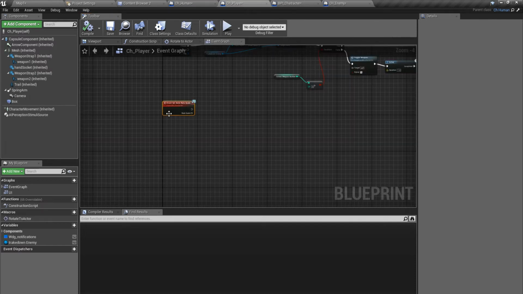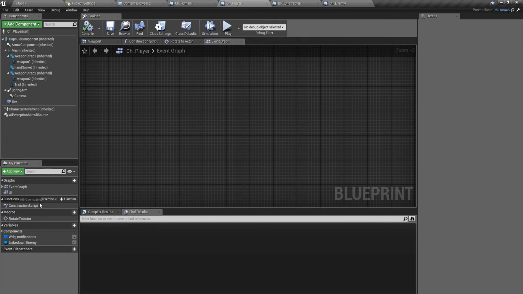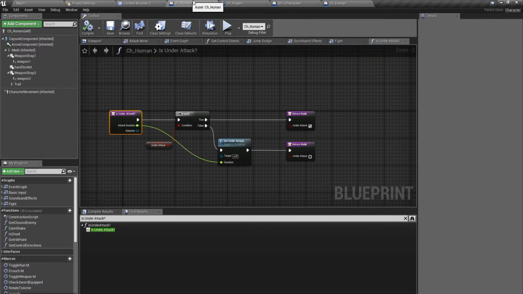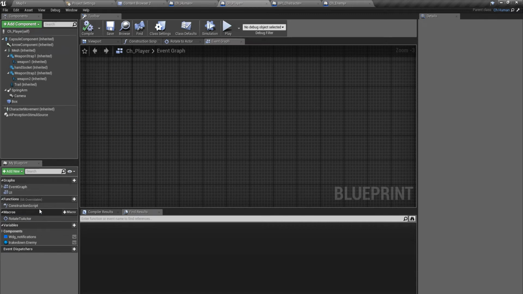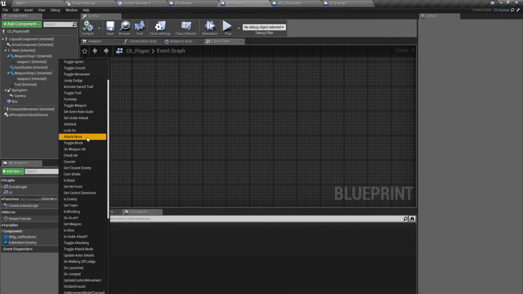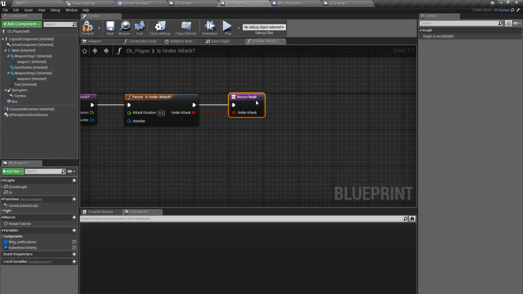Okay, now in player I'll override that method is under attack. Where is it? Is this set under attack? No, is under attack, right? Here. So